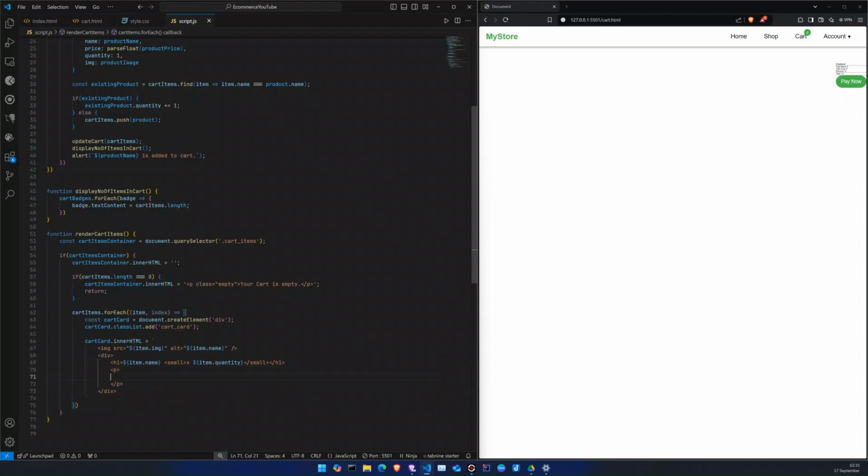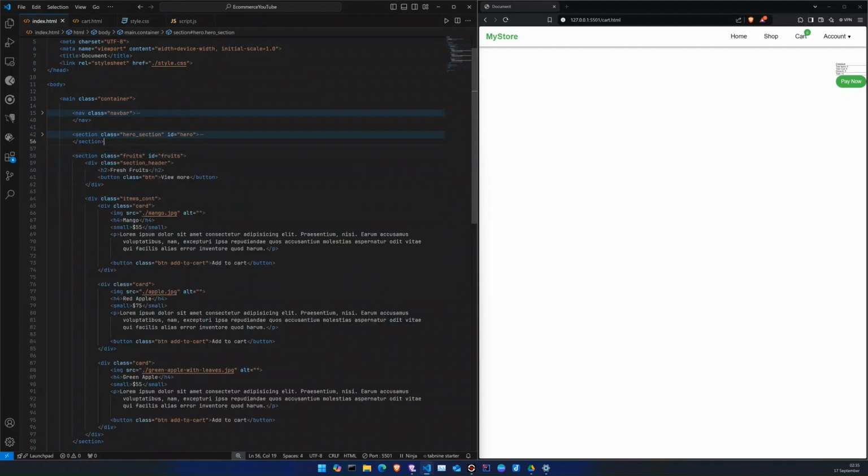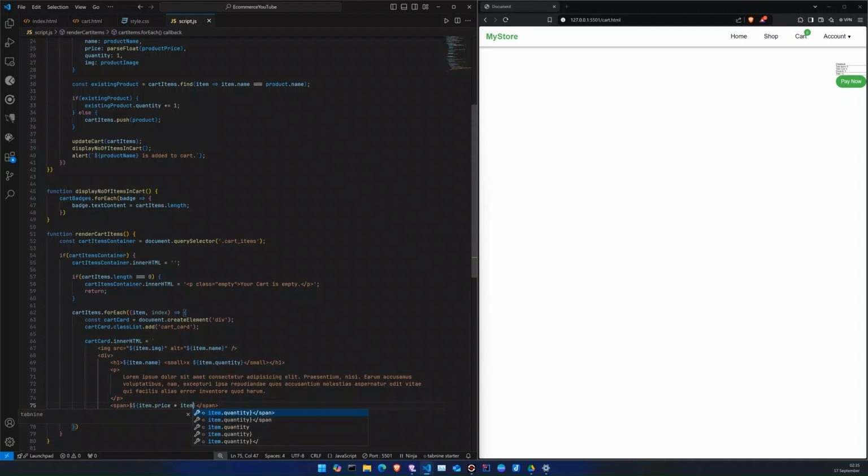p. Can we copy lorem ipsum? No. So I will copy the lorem ipsum from somewhere. Where is my lorem ipsum? Here. Now below the p tag, we have a span, dollar, item.price into item.quantity. Okay,